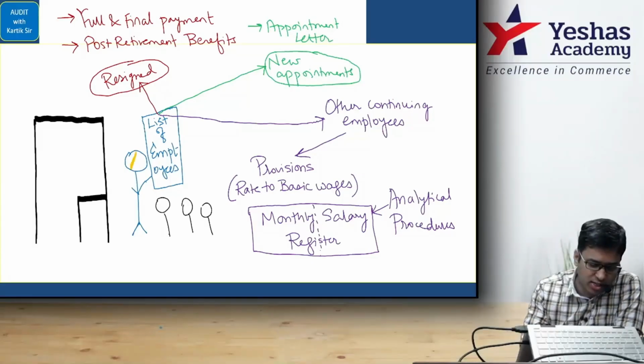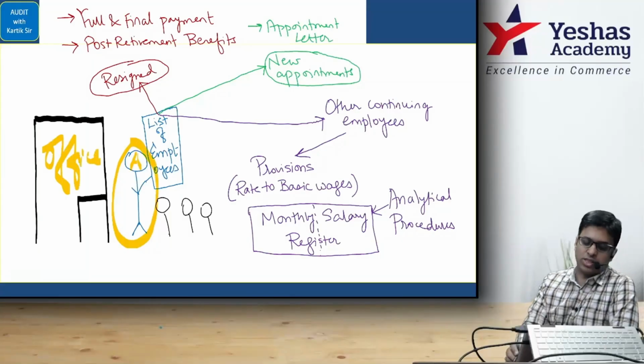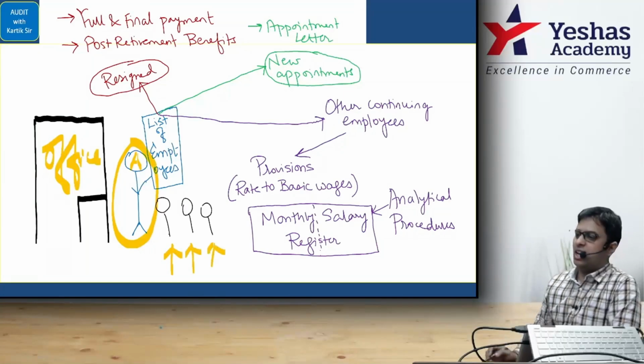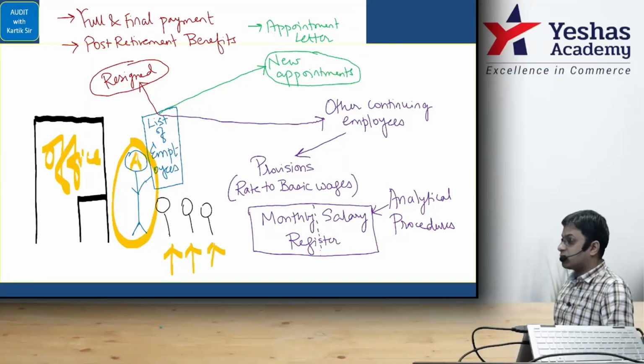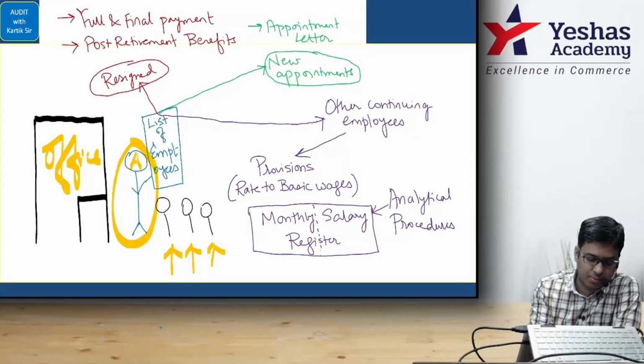So this is the auditor, okay? This is A, this is the auditor. The auditor should stand outside the office gate. This is the office gate. The auditor will stand outside the office gate, and he has to count the number of employees who are getting into the office. That he has to do. They are given as a procedure. The auditor will stand outside the office gate and count the number of employees. That is your first step.